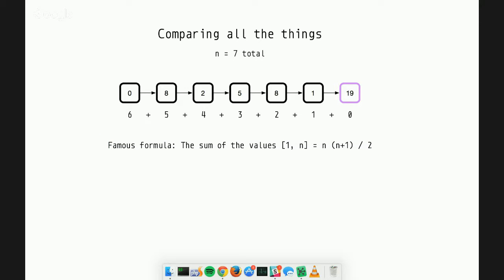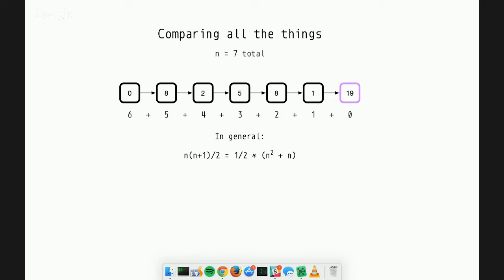So this gives us a general formula for how many comparisons we're going to have to do, because if we take n to be the number of nodes minus 1, then we get, in our case, 6. Then we just take the sum from 1 to n minus 1. And so in our case, we have 6 times 7. We want to sum the numbers from 1 up to 6. So we're going to take 6 times 7 divided by 2. So that's n times n plus 1 divided by 2. We get 42 over 2, which is 21. And we get 21 total comparisons when we're talking about a list of length 7.